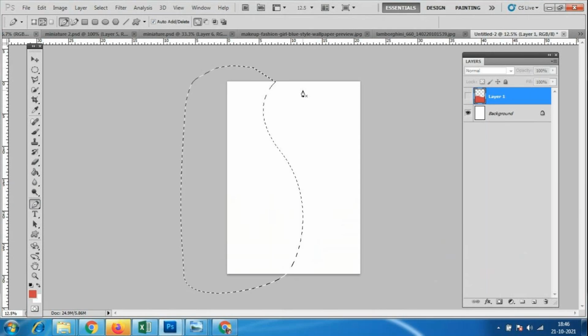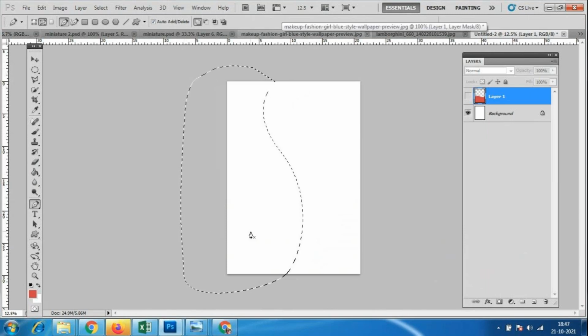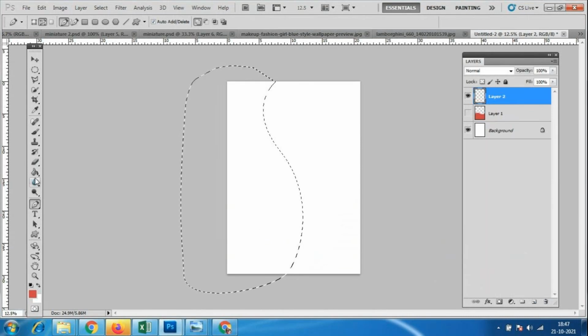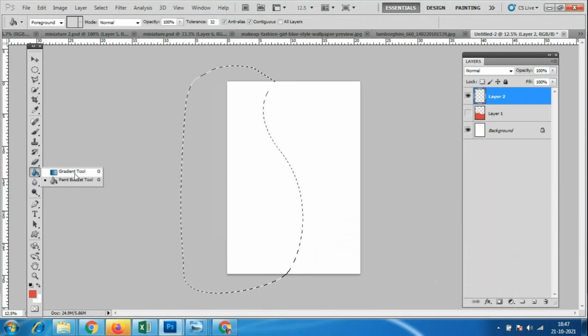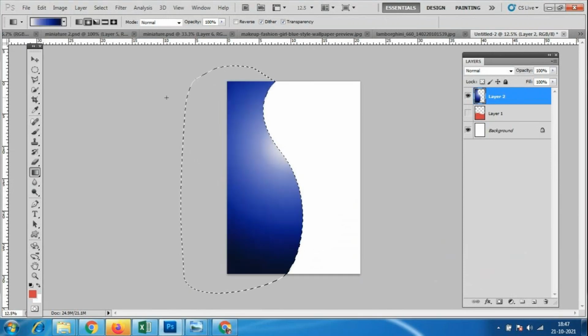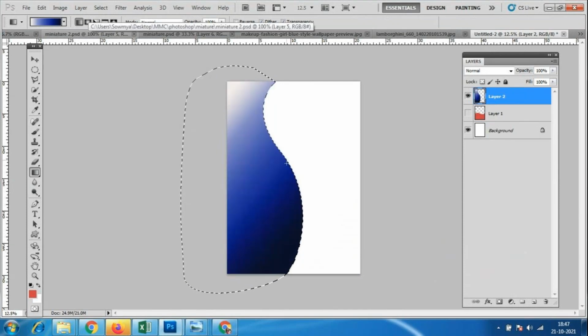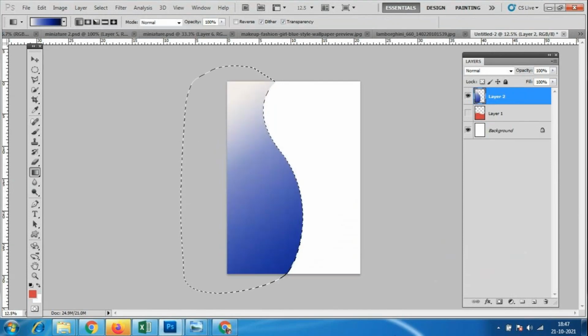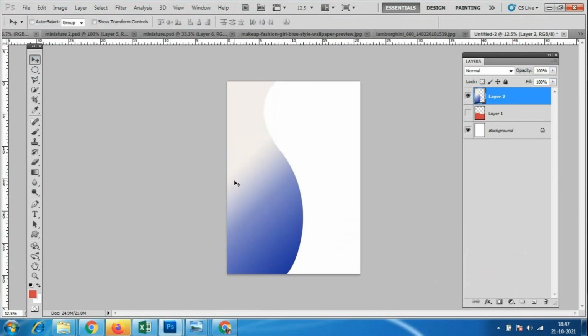So control enter. After joining the points, we have to press control enter, and for this I have to add colors, and I will take a new layer. For this I'll take a new layer, and you can add whatever colors you want. Suppose you want to add a gradient color, so I'll add a gradient. Now I want some other color gradient. Look at here. So how much ever gradient, any of the options you want to add, you can add these many things. Okay, so like this, to create any of the designs we have to make.